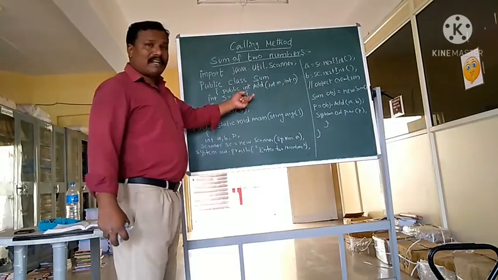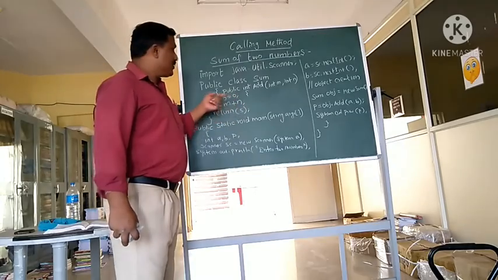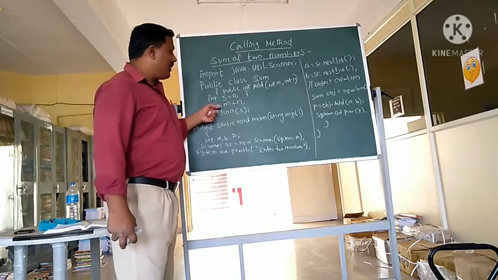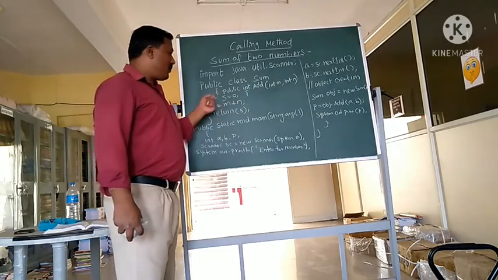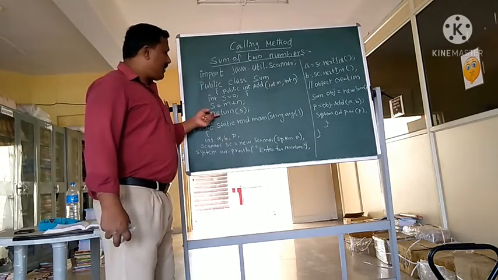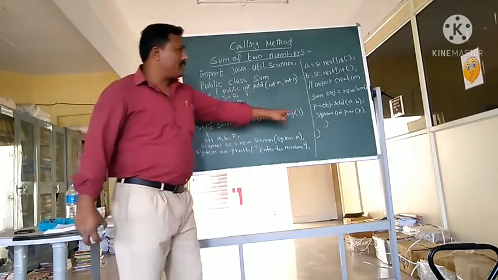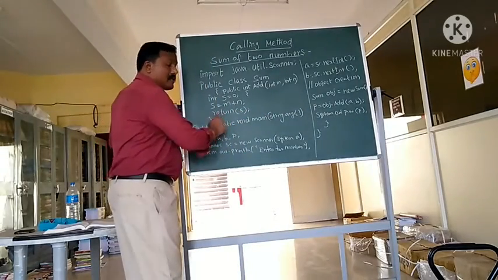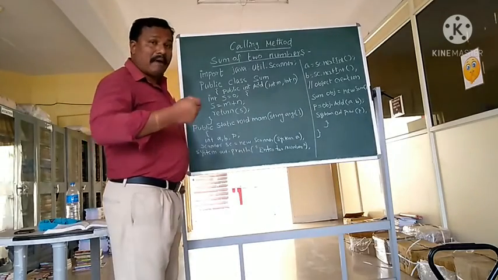Then after the open curly bracket, this is the method body. Here I declared a variable s equal to 0. Then I add the two values, and the addition of the two values I stored in variable s. What I do here, I didn't print here. I want to pass the value to the main method. That's why I used the return statement. The return statement is used to send back the value to the caller. It means send back the value.